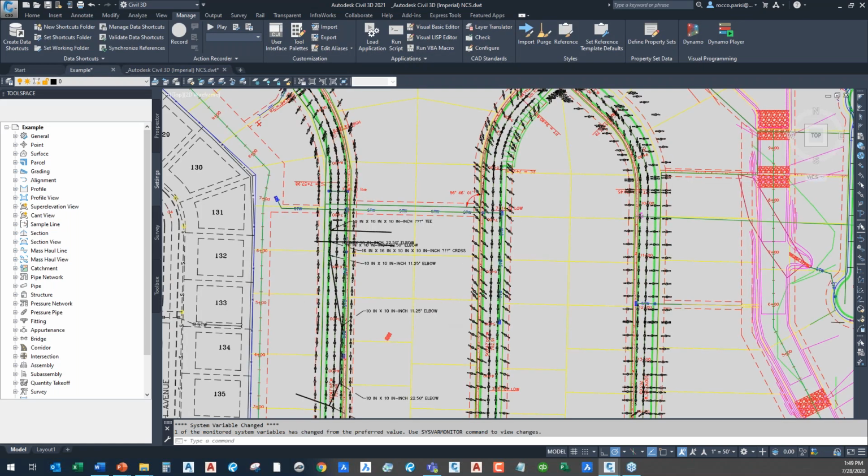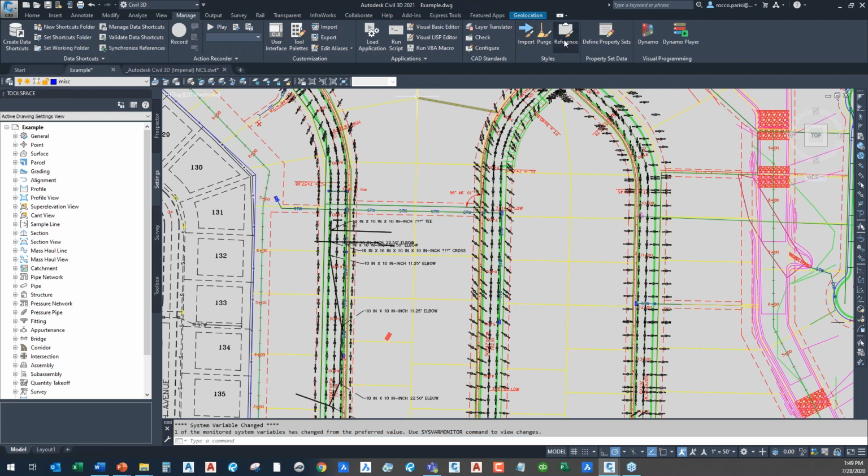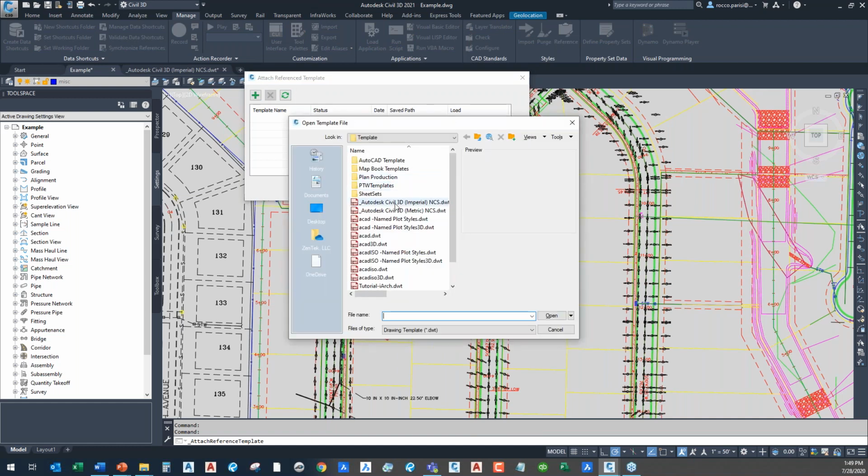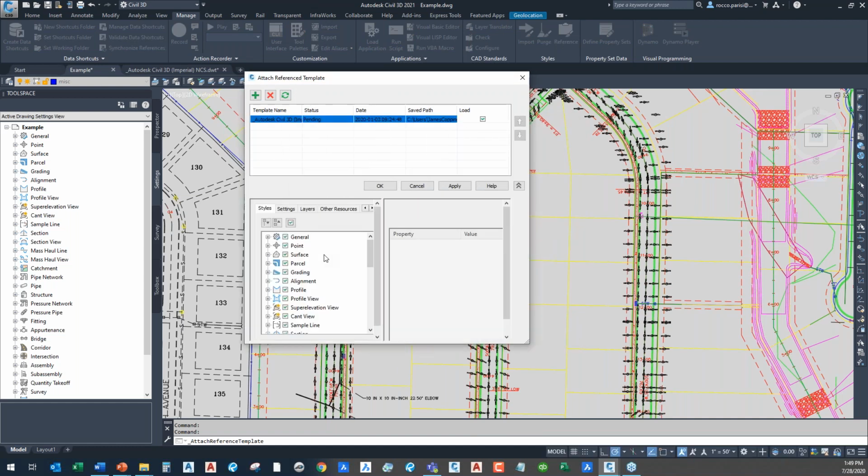Then when you get to a drawing, all you have to do is reference. And you see that now I can just go in and, using this plus sign, I can just reference in that template. And you see now all of my settings, all of my styles, everything is being pulled, instead of my settings being maintained here within this example drawing. They're being pulled and structured from my master file. So it gives you one central location where you can actually go in